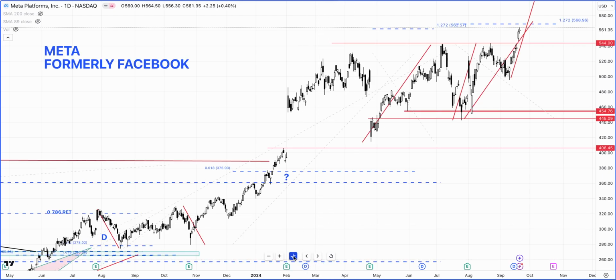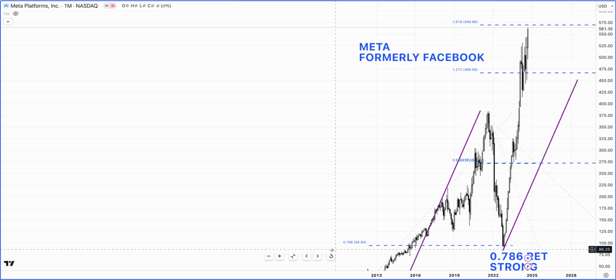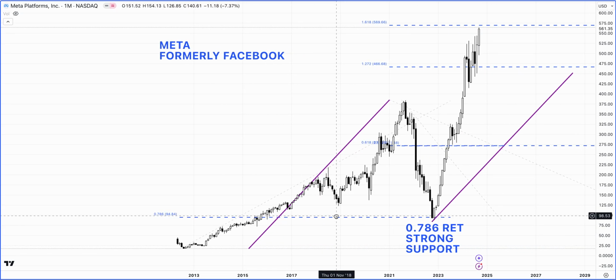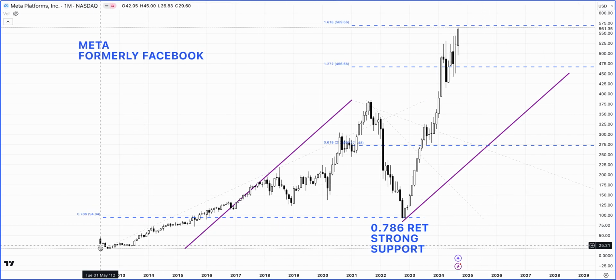Let me move on to the monthly chart. Here we go. Okay, so the Meta stock was floated on the stock exchange roughly 12 years ago, and this is something the public really loved. But one of the things about the IPO is that the insiders who typically brought it to the public want to exit. So the stock began to decline, and it was also around this time that there were a lot of